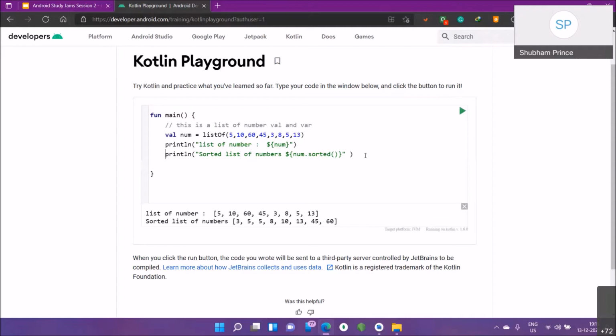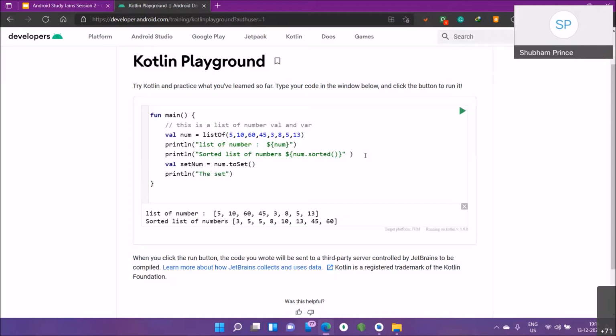Let's store our existing list into a set. So how will I do this? Let's create a variable again, and I can call it set num, or whatever variable name you want. Now again I will use the variable name num, and I have to convert it into a set. So generally speaking, the function is toSet. Simple as that. Now I can print it and check our set, and you will realize that all these duplicate values are now gone.